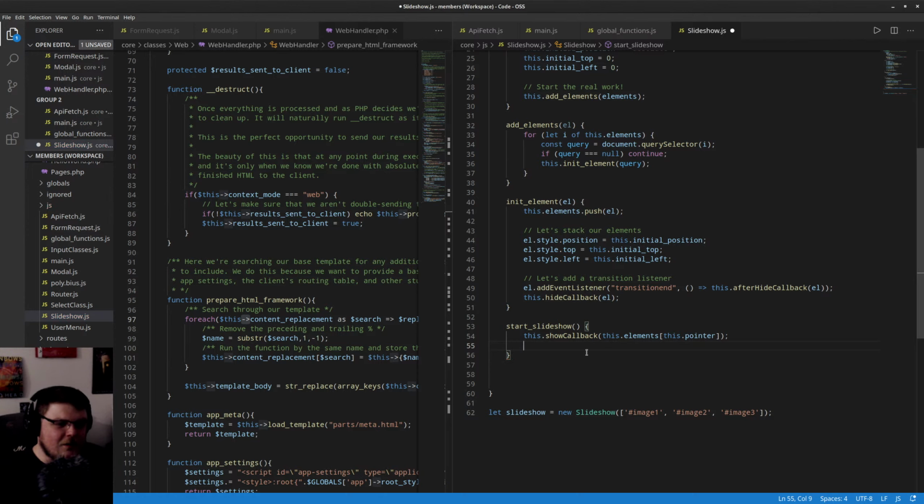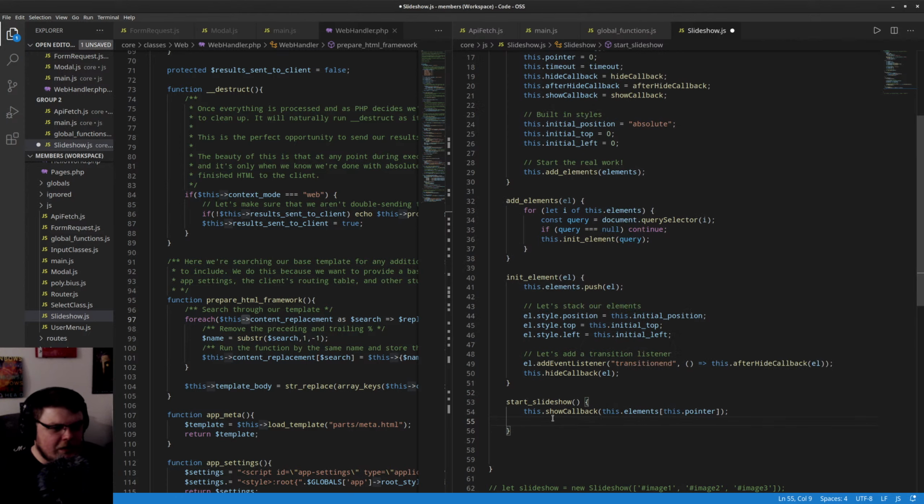There's something else I need to do here. I've been sitting here for a minute trying to figure this out. This callback, this elements, this pointer. I guess start slideshow makes sense. That's all you need to do there. Show callback. Oh yeah, and then we need to do